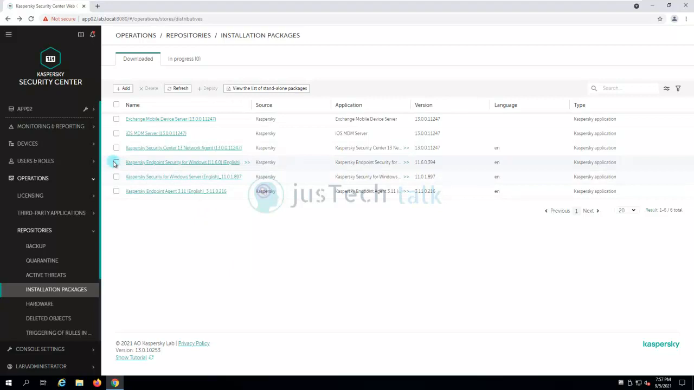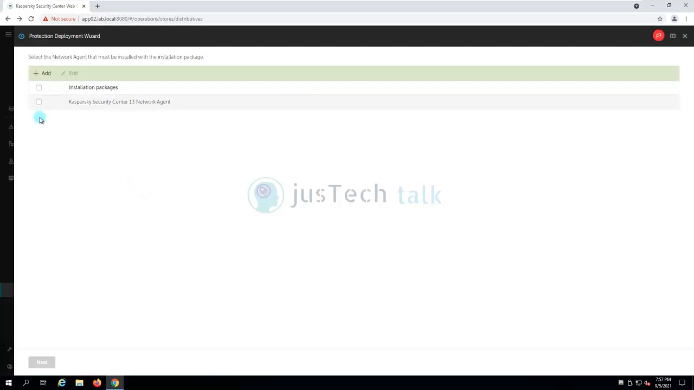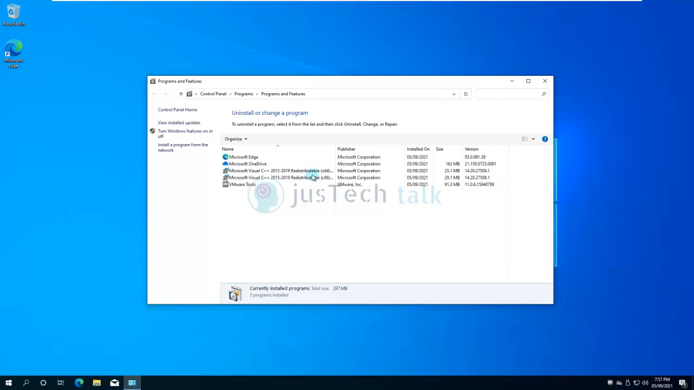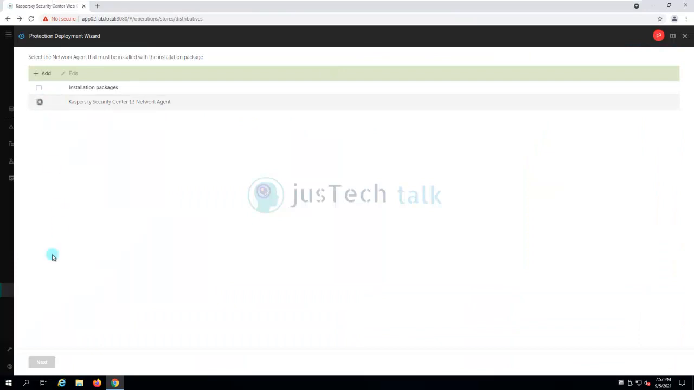Now let's click on this package and click deploy using remote installation task. Select the endpoint network agent that must be installed with the installation package, because I do not have network agent installed. If I may show you, I do not have Kaspersky network agent or endpoint security installed. So I'll click on this agent. Next,